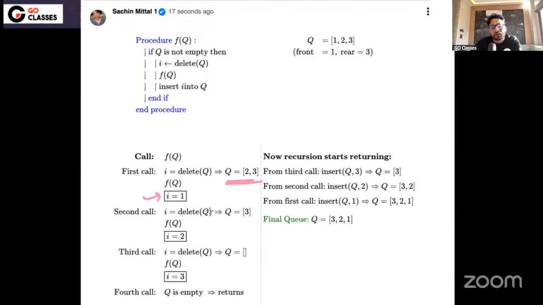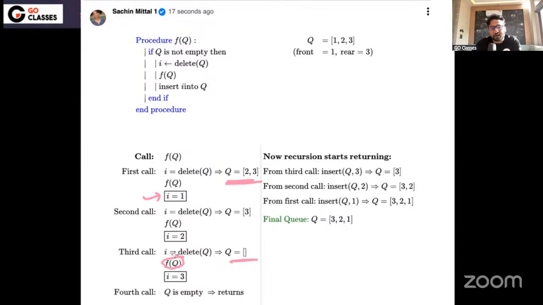Then you remove again, I is 2, and after removing you make a recursive call again. Then you remove again, I is now 3, and after removing you make a recursive call again. The moment the queue is empty, it will return.